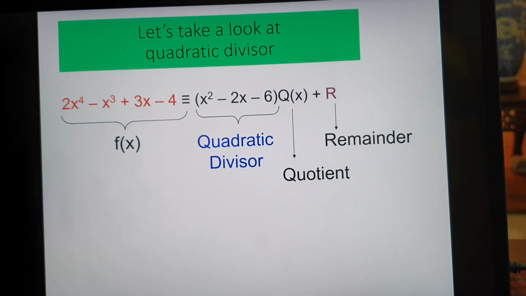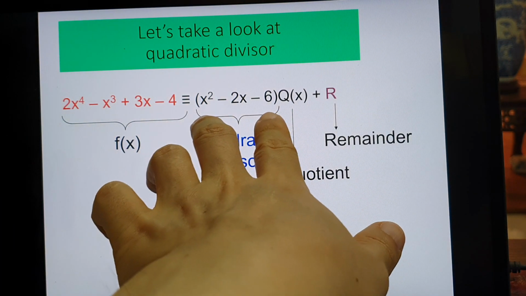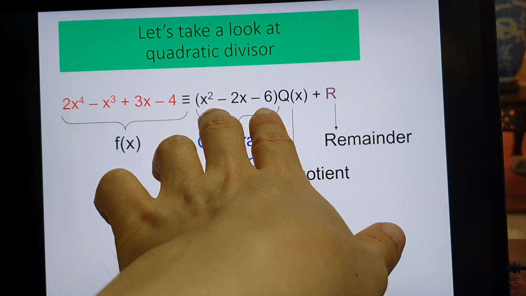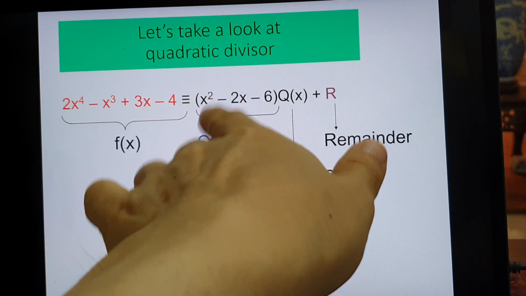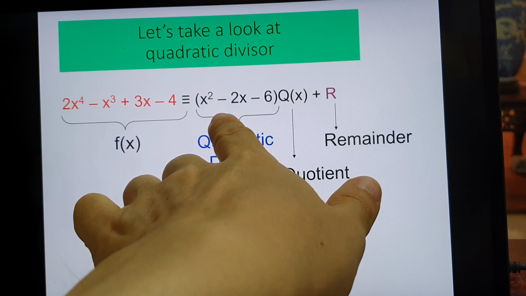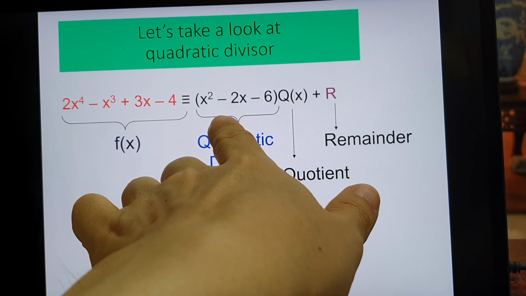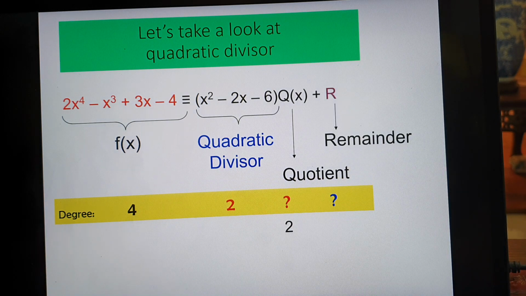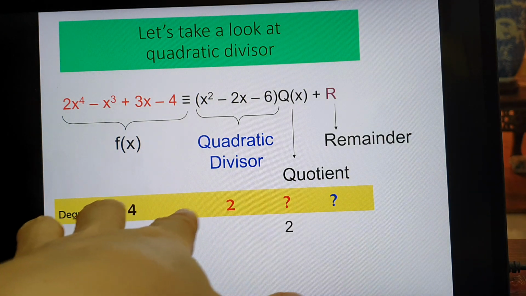And if you have a quadratic divisor, something like that, you first of all check whether you can factorize this or not. I will explain more next time when we do more questions from other schools. Right now, I don't think the next few slides are going to explain much. But what this slide is trying to tell you is,